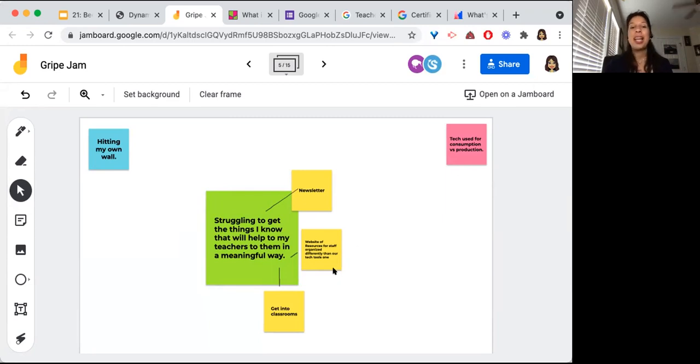Yeah, like instead of just saying, here's a whole bunch of tools and how to use them, showing examples of how the tools integrate with different curriculum is super important, especially when working with teachers, because it's not about, okay, how do I use this tool? Sometimes it is for some teachers, but holistically, it's what is the purpose of this tool and how can I envision this tool being used in my curriculum to save time or otherwise. And getting into classrooms for that in-the-moment support, super important. Great reflections here.